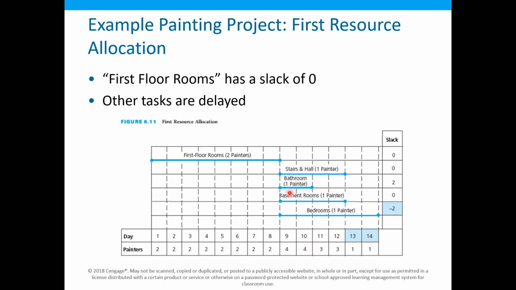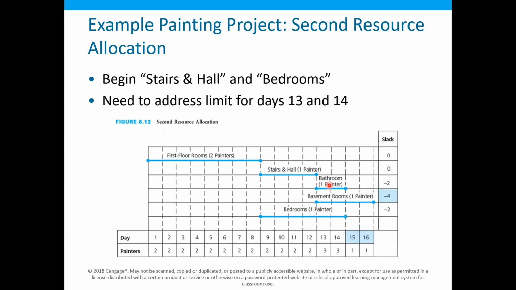So in any case, we have to delay these activities by at least 4 days, because this activity has been scheduled. This activity has been scheduled, and then we can delay the other two activities as well. So in this case, what we can see over here is that now,